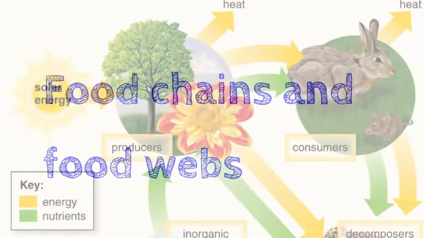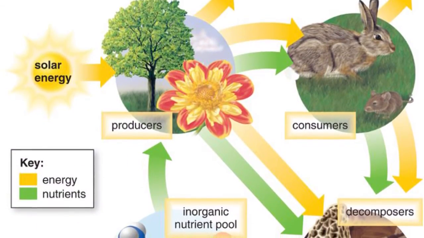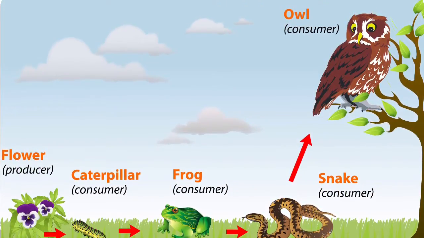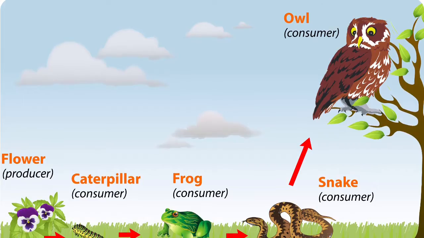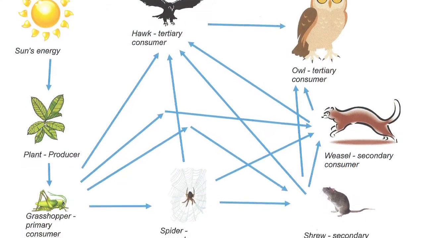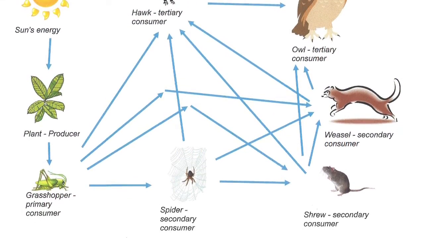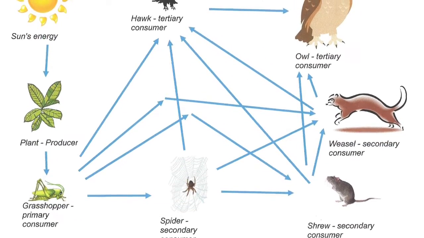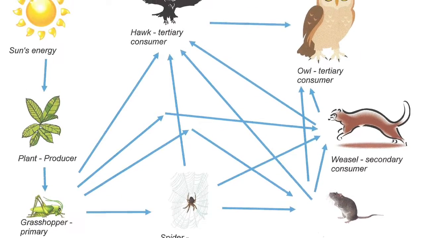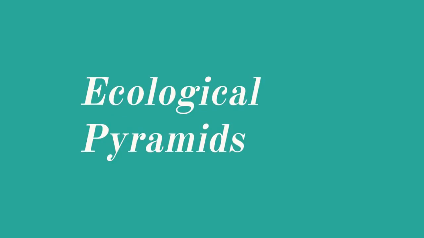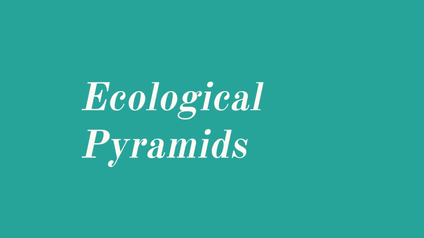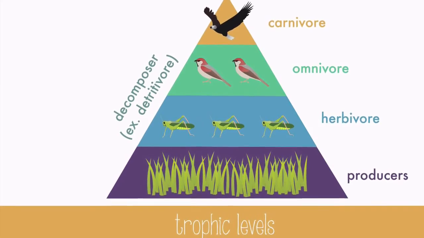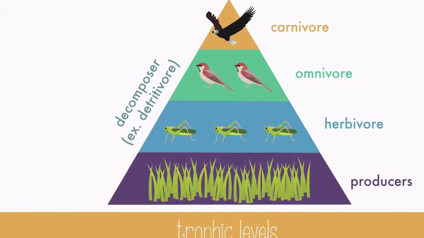Energy flows through an ecosystem in a one-way stream, from primary producers to various consumers. A food chain is a series of steps in which organisms transfer energy by eating and being eaten. Feeding relationships are much more complicated than the relationships described in a single food chain. This network of feeding interactions is called a food web. Each step in a food chain or food web is called a trophic level.